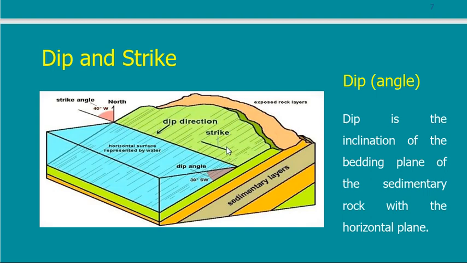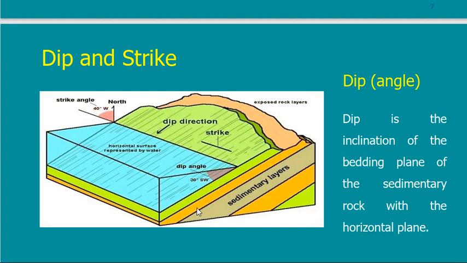All terms here should be understood. What is strike? What is dip? What is dip angle? What is strike angle? Where is the north? Or what is the relation between them and the north? And so on. So to define this layer, if I have this sedimentary layer of rock, I tell you, define